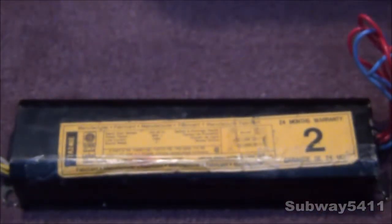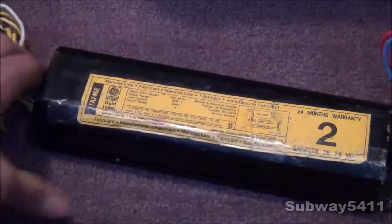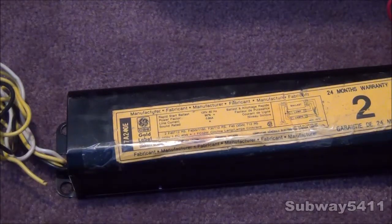So I believe this ballast is pretty good quality. I already have a fixture with this same ballast in it. So it's quite an interesting ballast, and I like CGE stuff. It's quite interesting since CGE is now obsolete. So anyway,